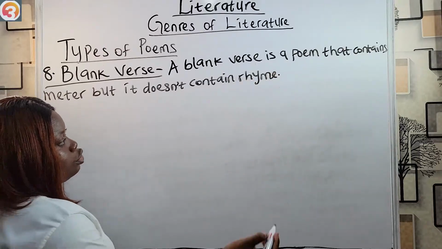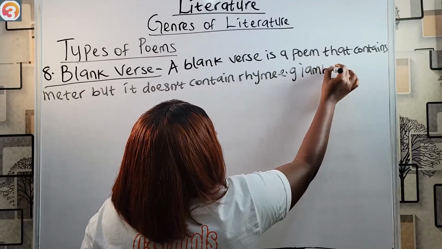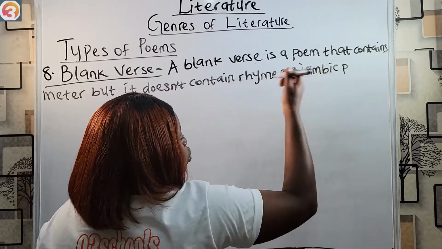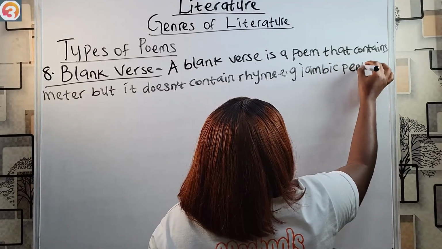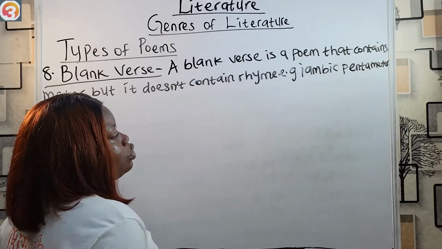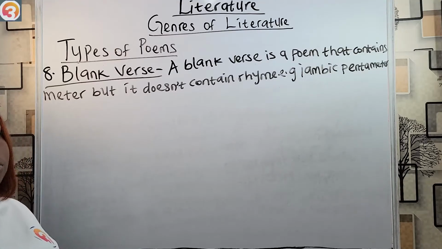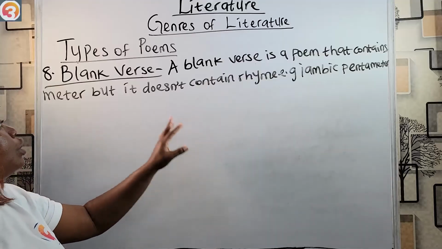And the meter is usually the iambic pentameter. We explain this when we're looking at features of poetry. So usually the iambic pentameter, although it's not compulsorily that, but most times it contains meter, but it doesn't contain